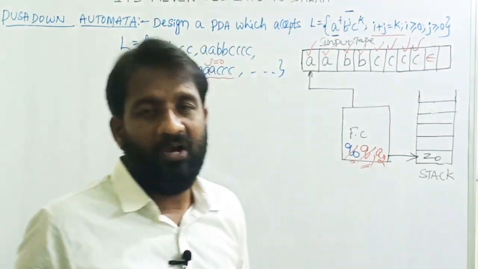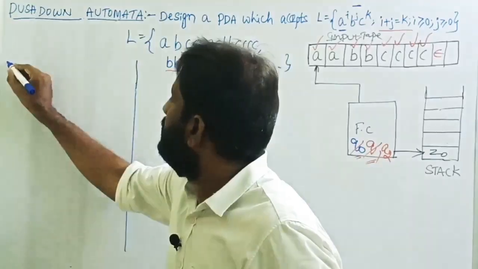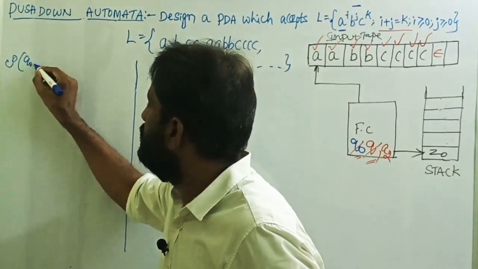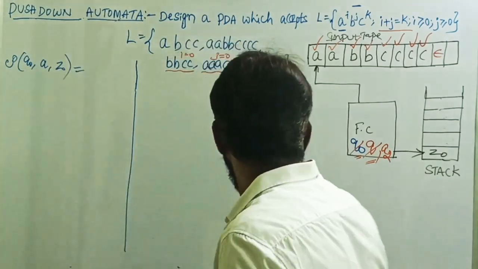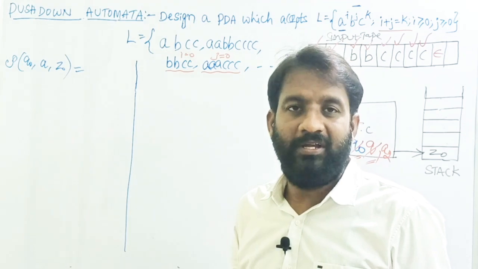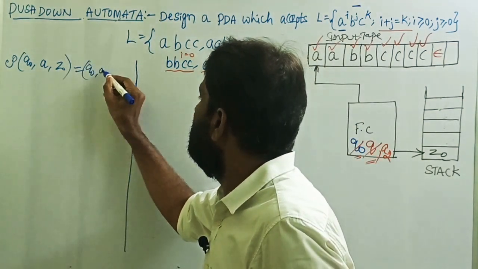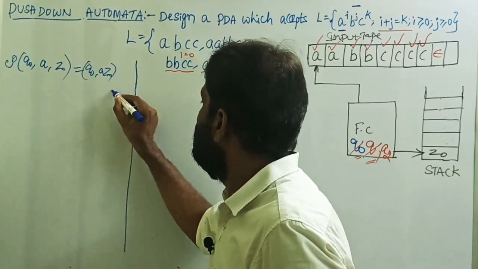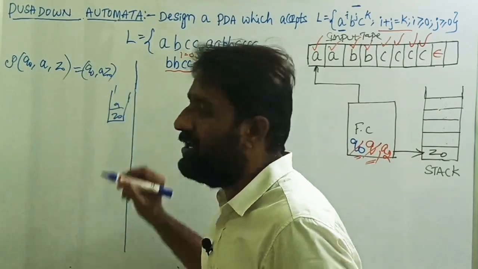Okay. So now write the transitions first. Then we will draw the graphical notation. Transition of the initial state Q0: the first input symbol is A, the top of the stack is Z0. That equals remaining on the same state and adding A onto the stack. Q0, A, Z0. This is how the stack looks: this is Z0, now we add A onto the stack.